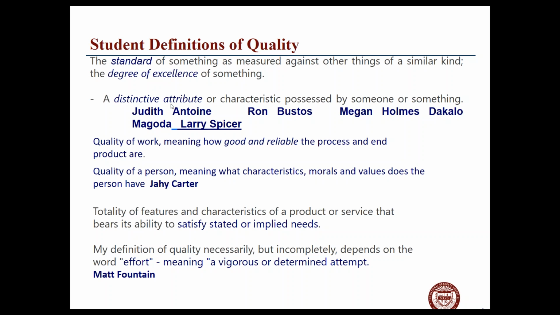And then this one talks about being unique. This idea of a distinctive attribute of someone or something is one aspect of that. So what does that mean when you start to apply it? We're going to go through and start talking about these in a very operational way. I want you to think about very good examples of what they mean to you. Like bourbon, it's very distinctive, right? Look at the way we do our labels, look at the taste, look at the way we do our process, look at all those things which make it distinctive. It could be a part of that definition. So thanks, guys, I appreciate that.